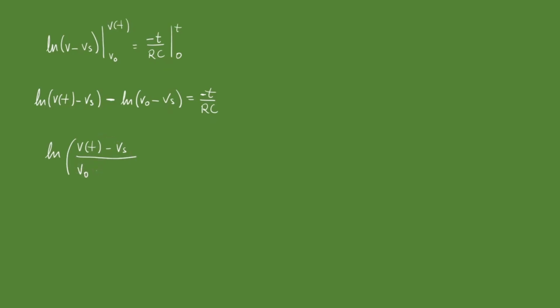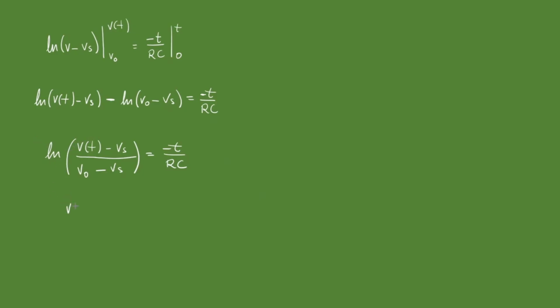V naught as the initial capacitor voltage minus the voltage at the source is going to equal minus t over RC. Remember, we don't have any integration constants here because we did definite integrals. We had limits here, so there isn't going to be an integration constant. To get rid of these, we make both sides exponents of e,